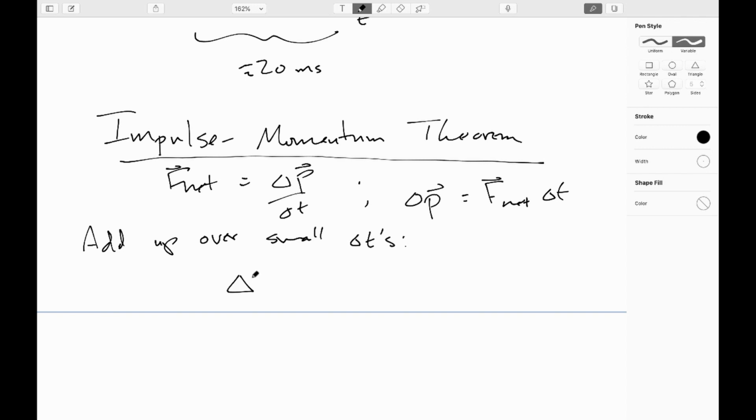I get that the change in momentum is force times small time, added up over small time. The total change in momentum of an object will be equal to the impulse that it feels. So this is really just another way of writing Newton's second law, but it's a useful one. For instance, to go back to our idea of